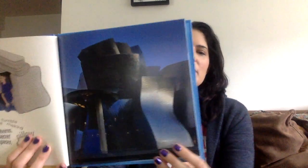Don't you love rhyming books? I hope you've been reading out the rhymes with me by predicting what the word would be when we get to the end of the sentence. Oh, this is a cool one